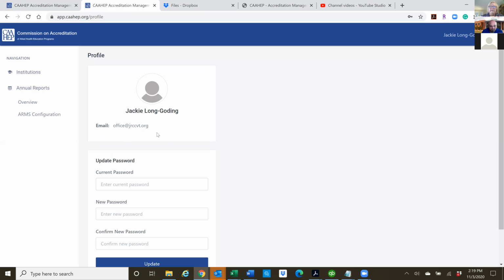And the system has now been set up with security so that only the program director's email allows you in. So if you're working in an institution where you are not the program director and you don't do your own annual report, you don't put your own data in, then you're going to want to work with whoever does it so that you can figure out how you're going to manage this, because we cannot manually add any new users to this other than the program director. It's part of the security.